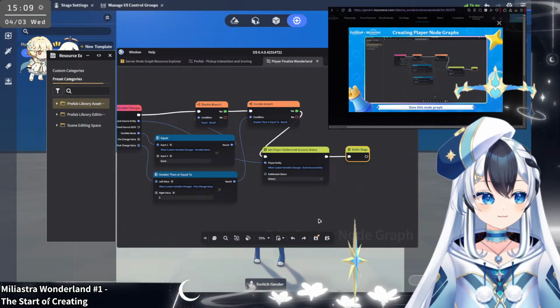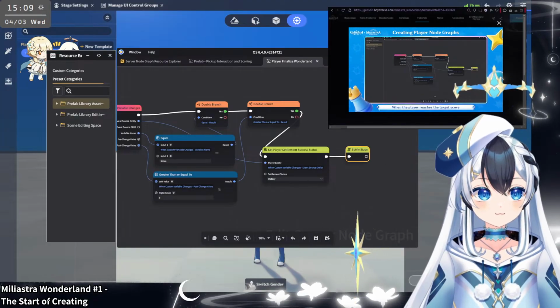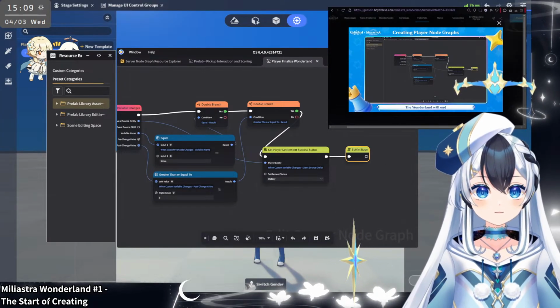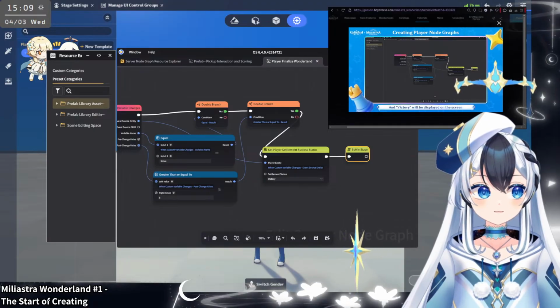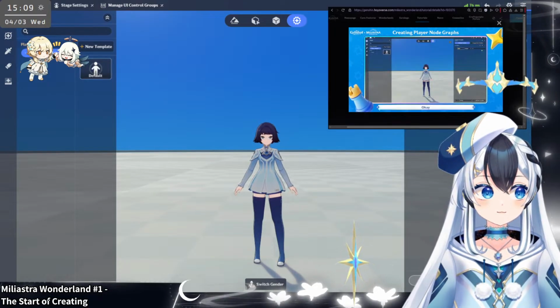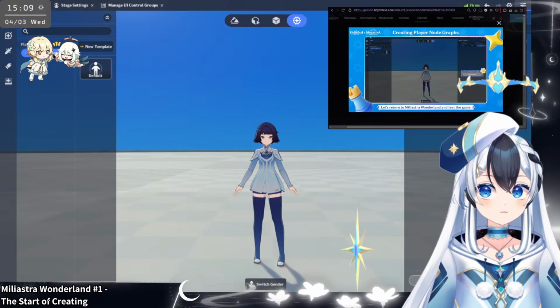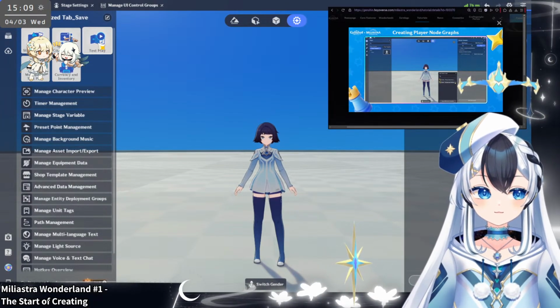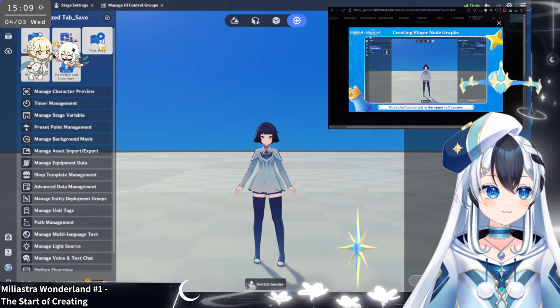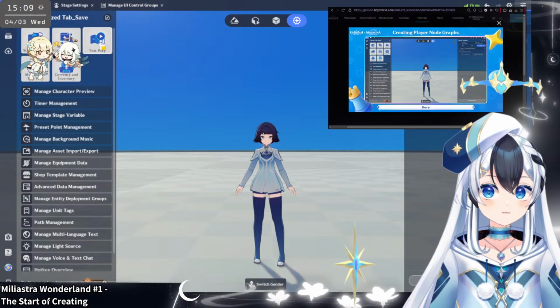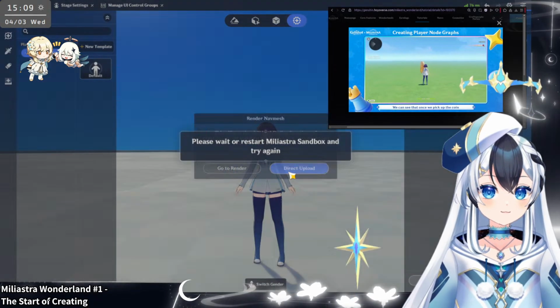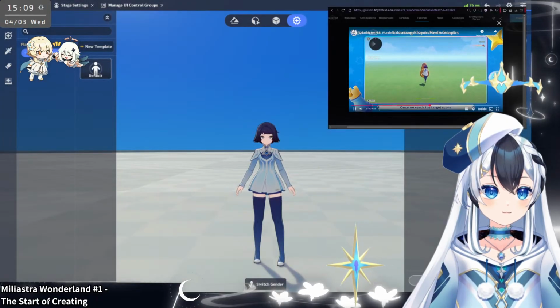Save this node graph. Now, when the player reaches the target score, the Wonderland will end, and victory will be displayed on the screen. Okay, let's return to Miliastra Wonderland and test the game. Click the Custom tab in the upper left corner. Click Test Play. Here, we can see that once we pick up the coin, our score increases. Once we reach the target